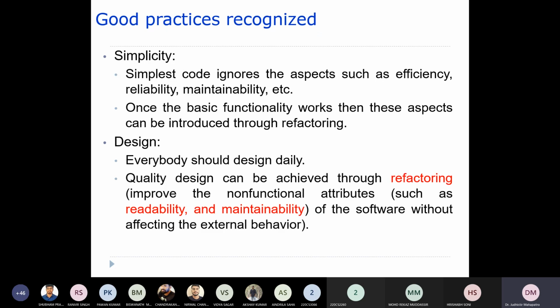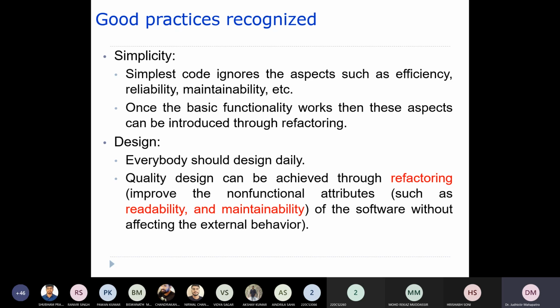And the other one is simplicity. The simplest code ignores aspects such as efficiency, reliability, maintainability. So you start writing a very simple code. The simplest code will not take into account the efficiency, maintainability, as well as reliability. Those are handled later through refactoring. Basically, you start with the simplest code and achieve the functionality that is really required.